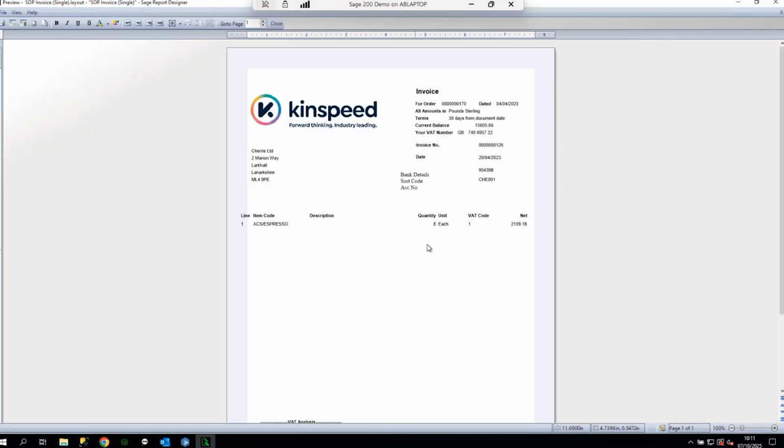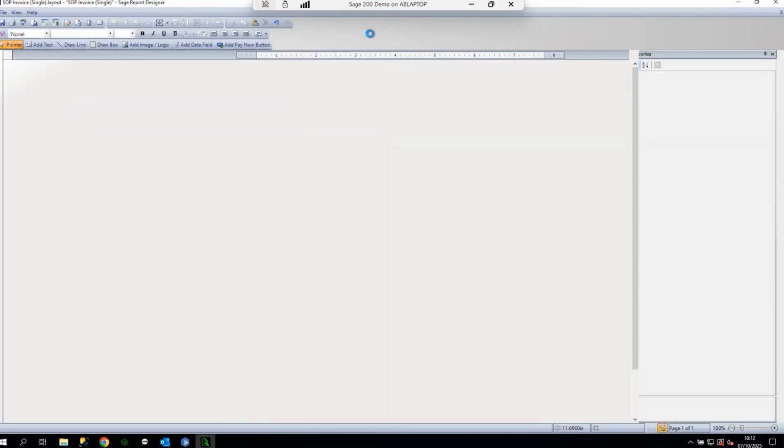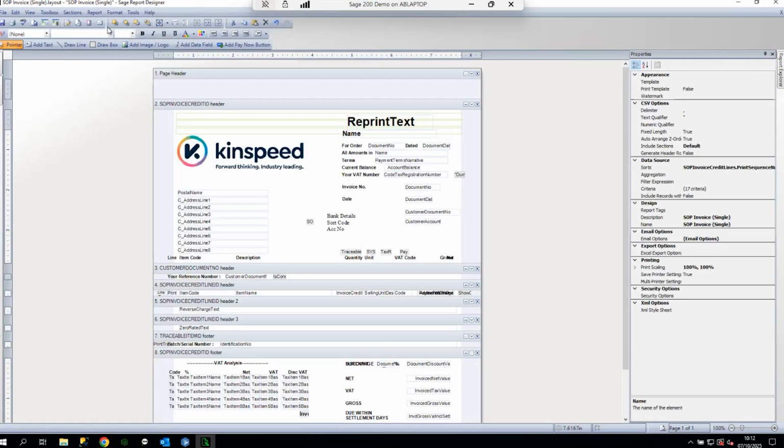And again, once this comes up, you can tweak things on here if you need to. I know the font's wrong on that, and obviously in time you would change that, but yeah, that looks good to me. So if you're a novice at Report Designer, the nice thing for you to know is that when you click Save As,